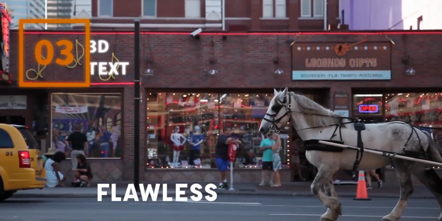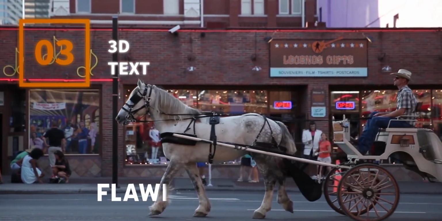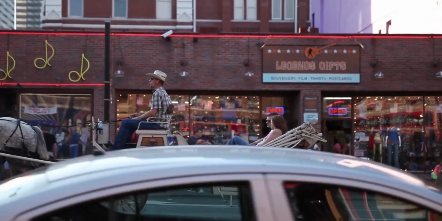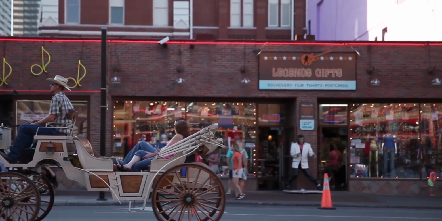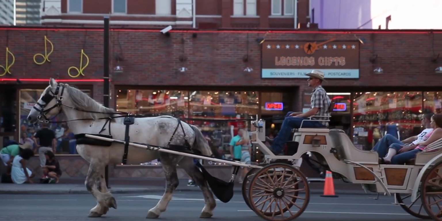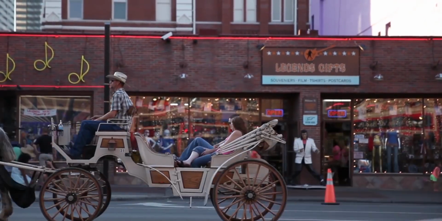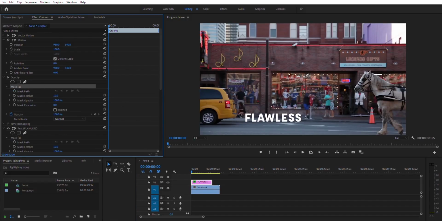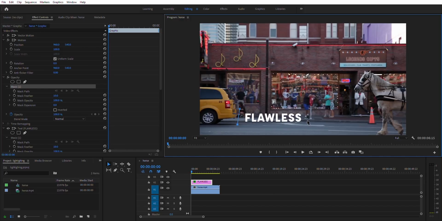Number 3. 3D text. When you mask your text, we can give it a great sense of depth by making it feel like your text is actually in the actual world of your clip. For example, in this clip there's a horse going across the screen. If we add a mask around the text, it will not be affected and it will remain the same. If we want it to disappear, making it look like the horse is covering it when it passes by,